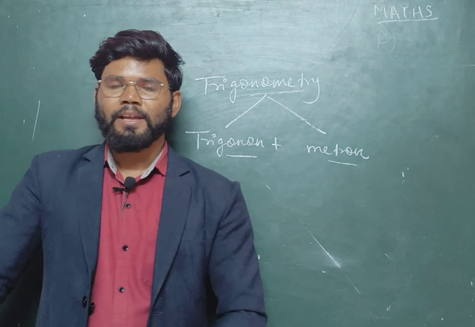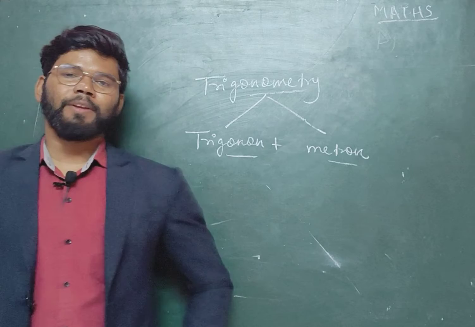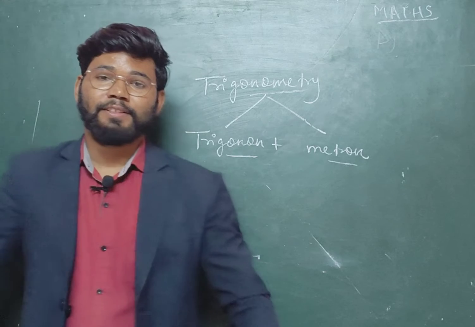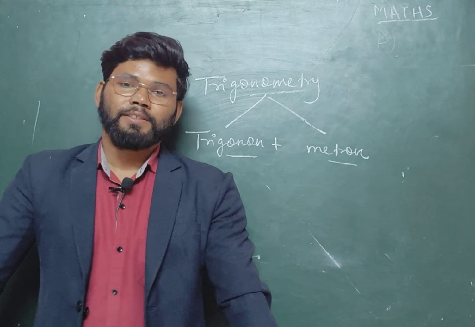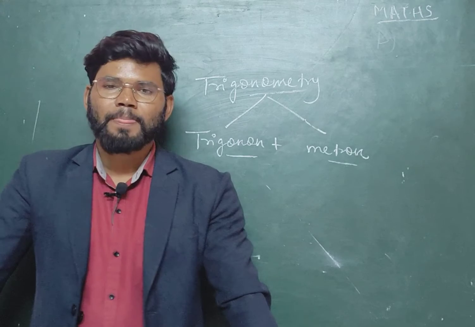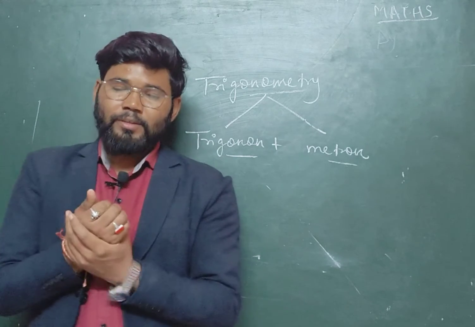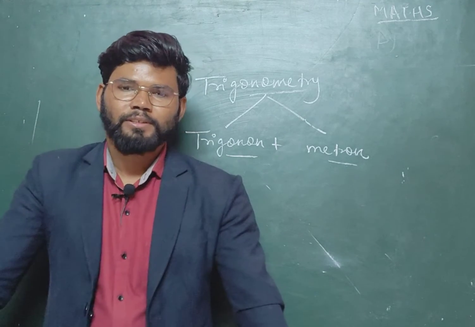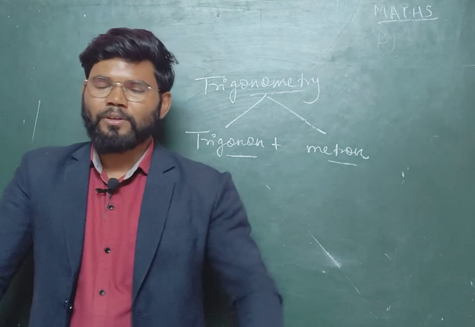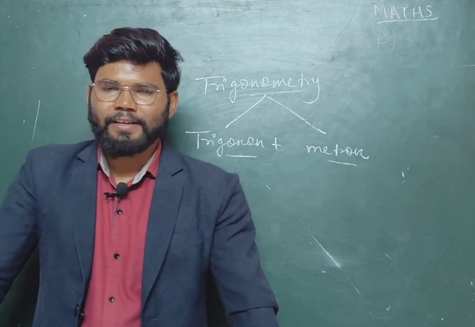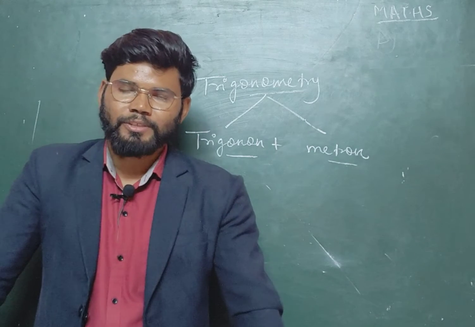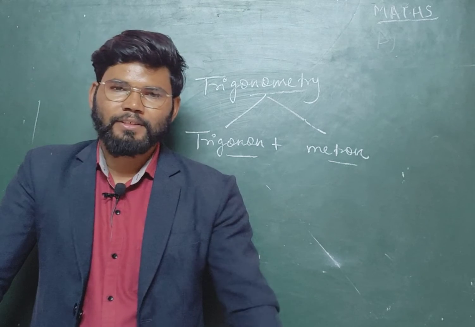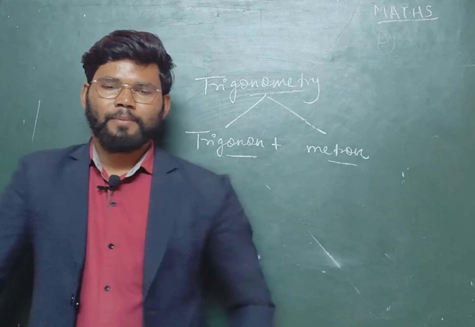Sides and angles. Generally in trigonometry, we use a right angle triangle, because in a right angle triangle we see the existence of perpendicular, base and hypotenuse. Some trigonometric ratios are there: sin theta, cos theta, tan theta, and the reciprocals of these three terms. The reciprocal of sin theta is cosec theta, the reciprocal of cos theta is sec theta, and the reciprocal of tan theta is cot theta. So it will also play an important role.